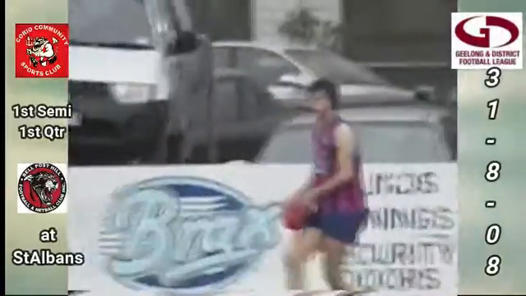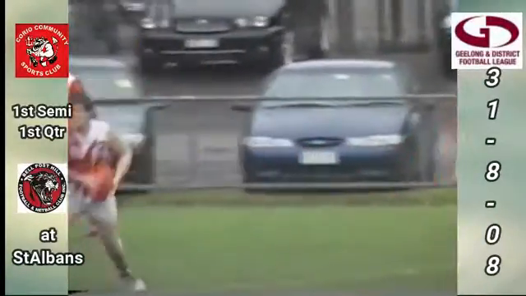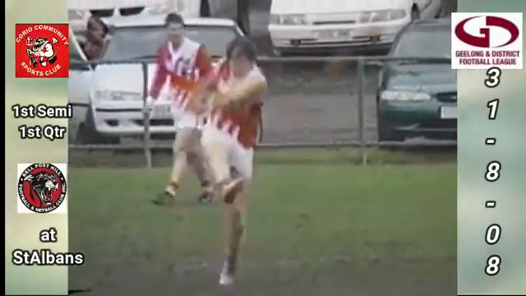So 5 minutes gone. First quarter. Belpost Hill, they lead 1 goal. Corio yet to score. Ball comes back inside 50. Sean Lewis in front. Ball doesn't get taken by that player. But now at ground level, there's infringement there. There was a throw called by the umpire, and it's going to go back, but no advantage has been called.